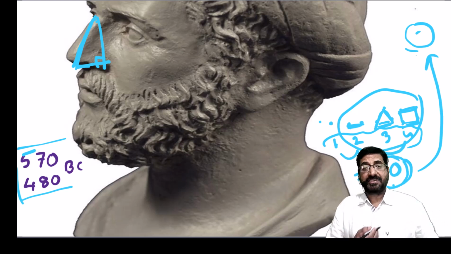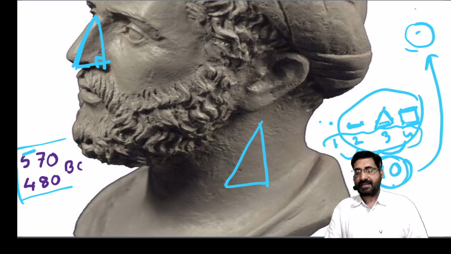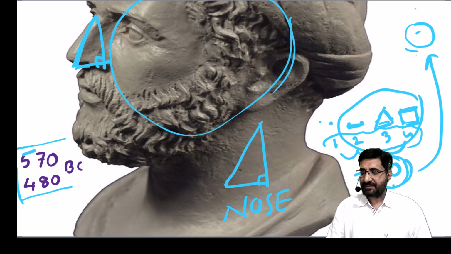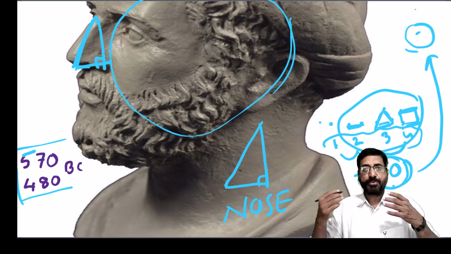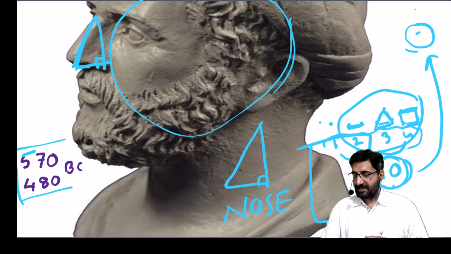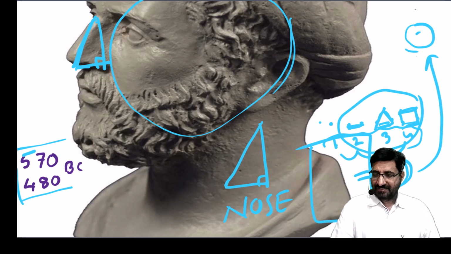Why only Pythagoras? Everybody has a nose. You can find out, right? You draw a right angle diagram. This is nothing but the nose. You consider his head, it is a sphere. If you consider his body, it is again a rectangle or square. Legs are okay. Can go to the next page.